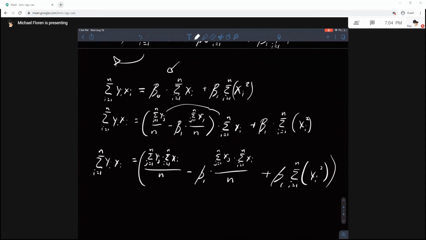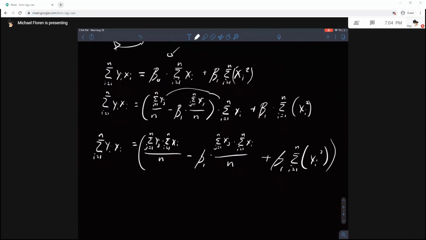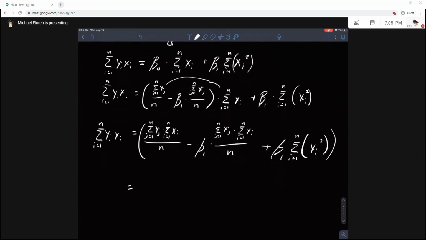Now, this term up here, that we have different numerators, note that these letters are just meant to be distinct, but these concepts are the same. This is adding up all the x's from 1 to n. This is adding up all the x's from 1 to n. So actually these two can be combined here, which is nice. The y's and x's can't be combined, but if we do combine those values, what we're left with